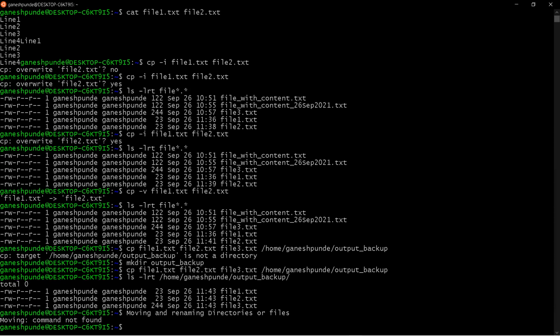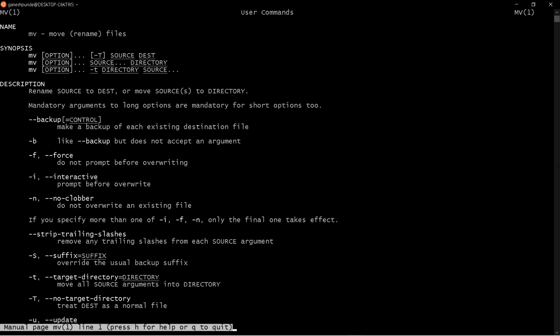In order to move a file, what is the command? We have mv, right? mv stands for move. If you see the manual of the mv command, it says move (rename) files. This is used for moving and renaming.